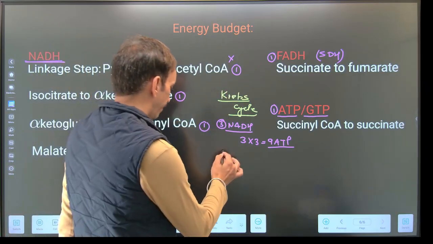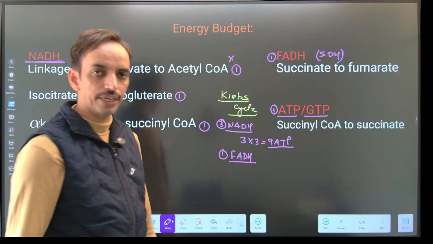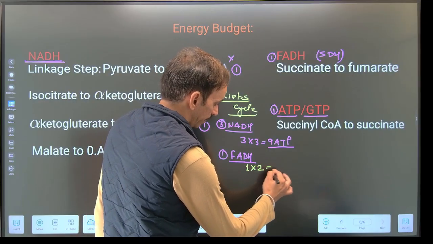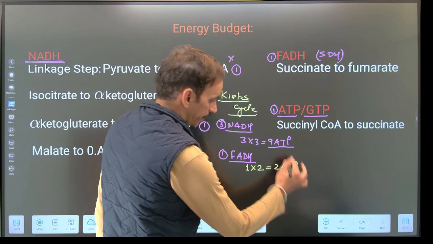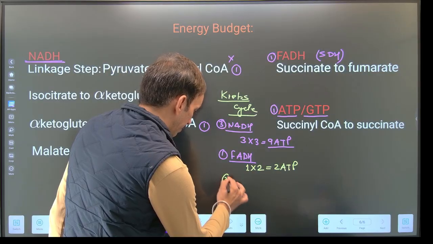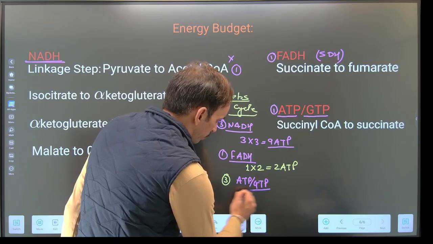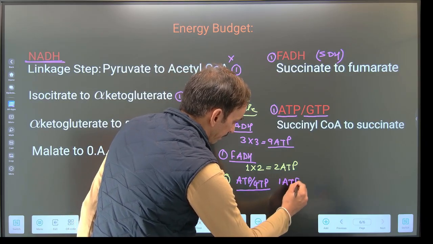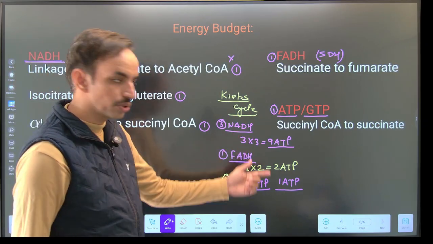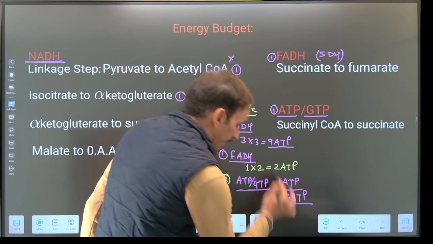Next we are getting 1 FADH, और FADH की अगर बात करें it will give its electron to the complex 2, और complex 2 को अगर इलेक्ट्रॉन देगा तो उससे बनेंगी 2 ATP। So we are getting 2 ATPs। Next, ATP production directly, we are getting 1 ATP molecule। सो एक ATP अपने को डायरेक्ट मिल जाएगी, ATP और GTP। सो we are getting 1 ATP। सो टोटल अगर बात करें अपन in the process of Krebs cycle कितनी ATP फॉर्म में एनर्जी मिलेगी, सो it will be 9 + 2 = 11 + 1, that is 12 ATP।